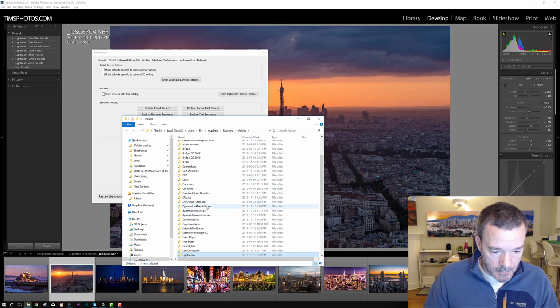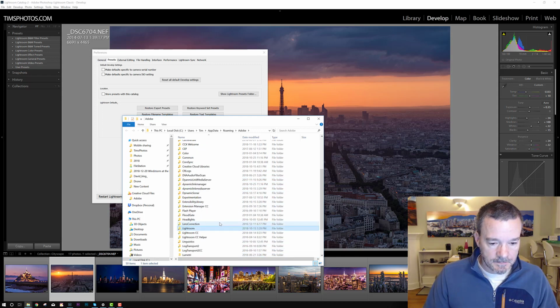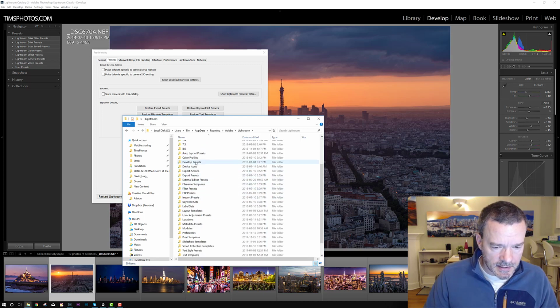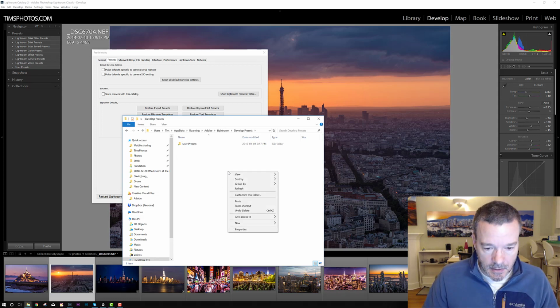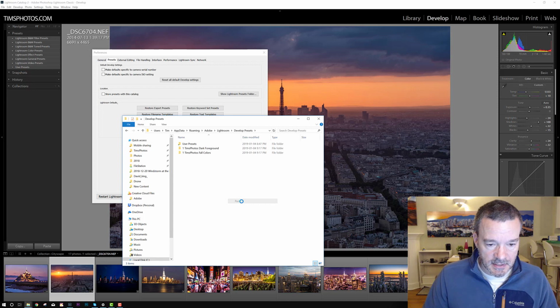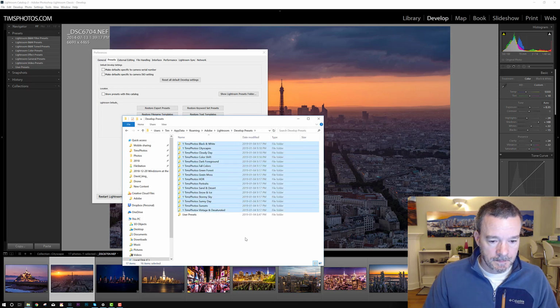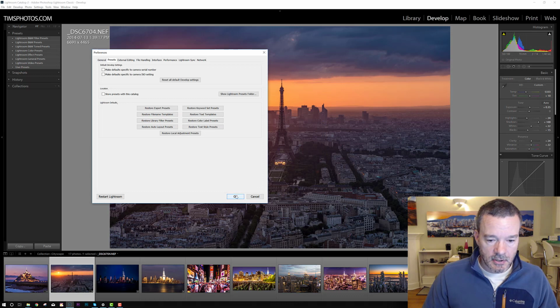And open all of my files again. You'll notice that Lightroom is highlighted. So I'm going to double click on Lightroom, and then one more I need to double click on, and that is Develop Presets. And this is where I'm going to now paste all of those preset folders. So I paste that into there, and I am done. So I close this out,